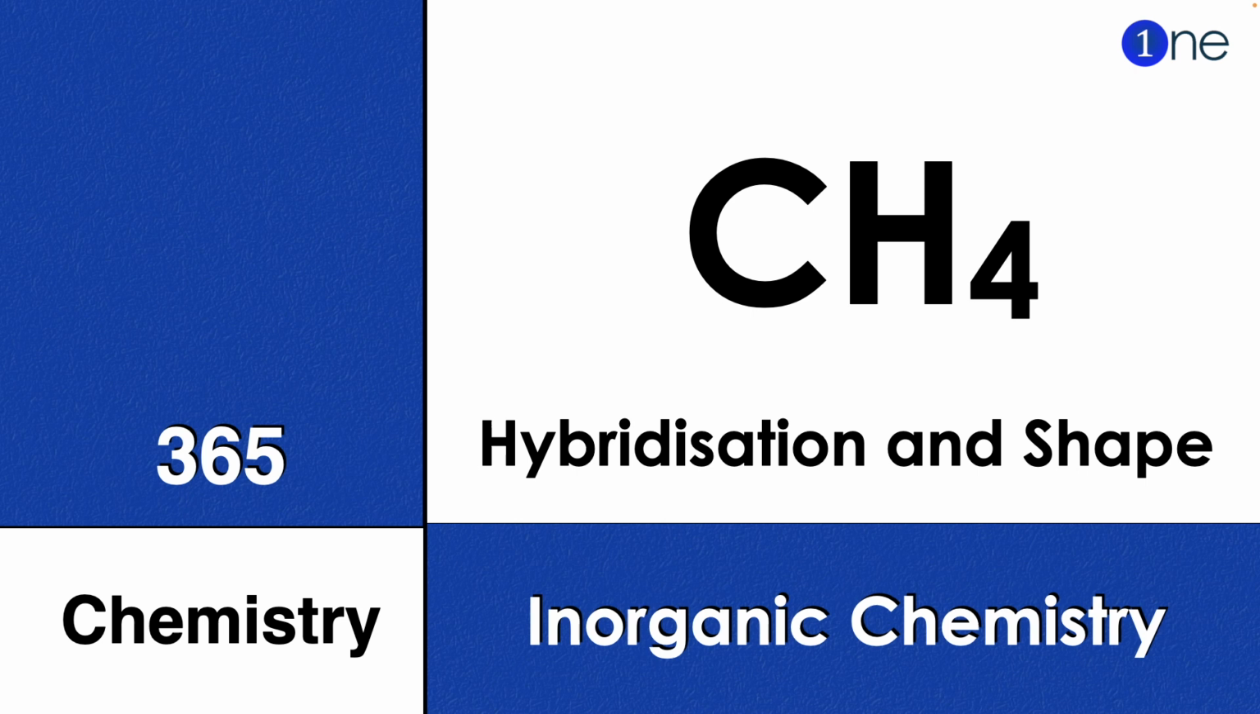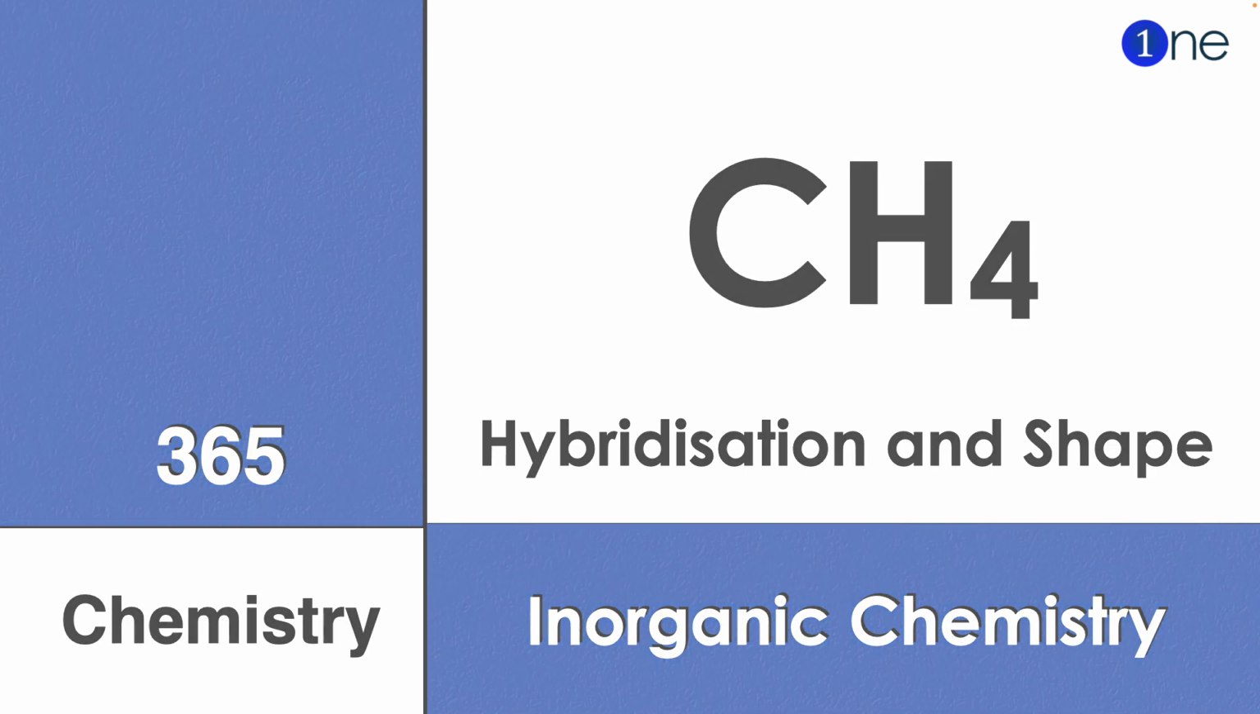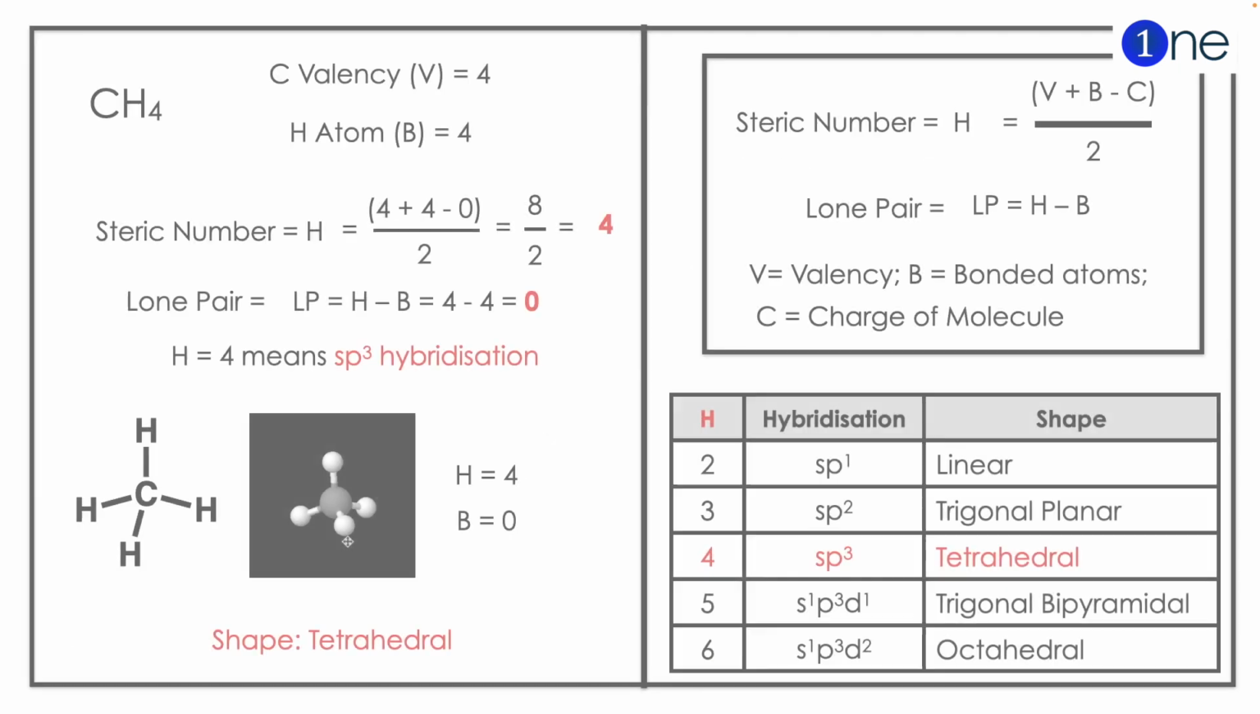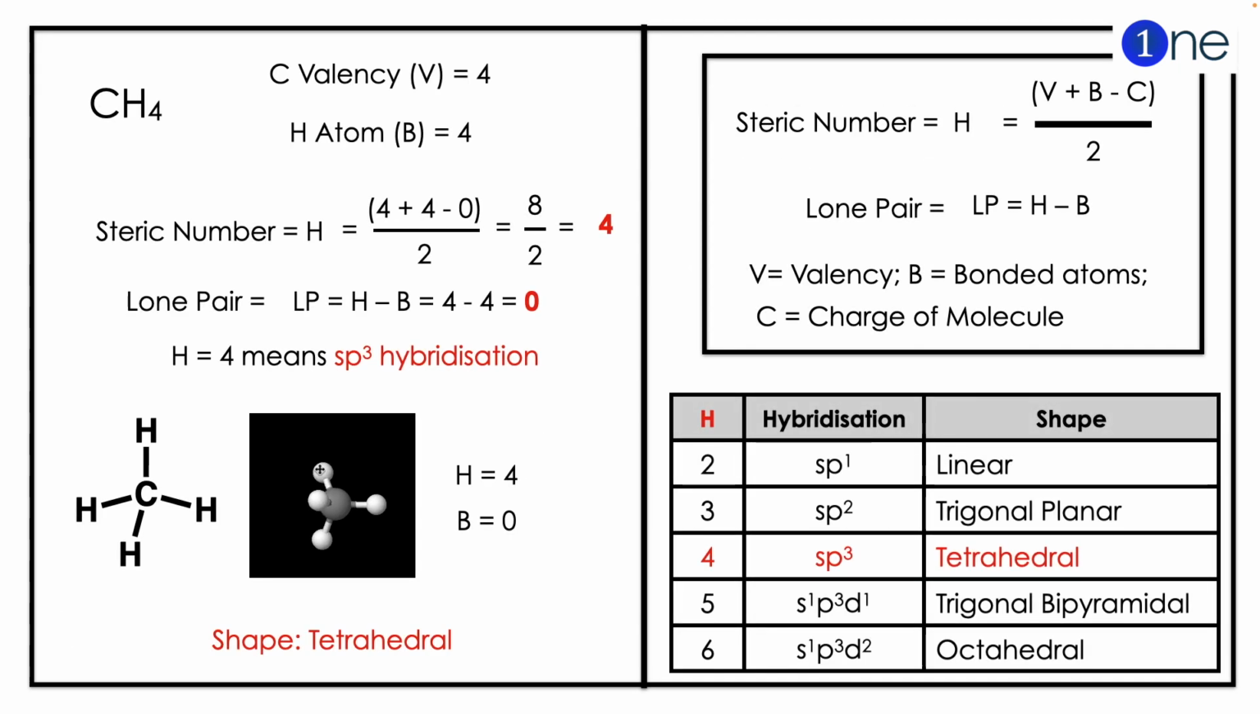Daily one question for you. Here they have given methane. You have to find the hybridization and shape of it. To find the hybridization, you should know the steric number, where carbon valency V is 4, hydrogen atom B